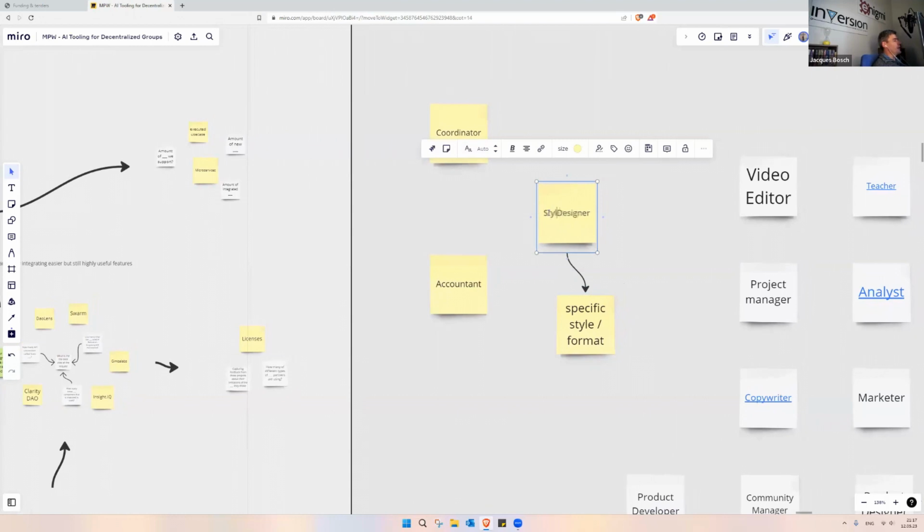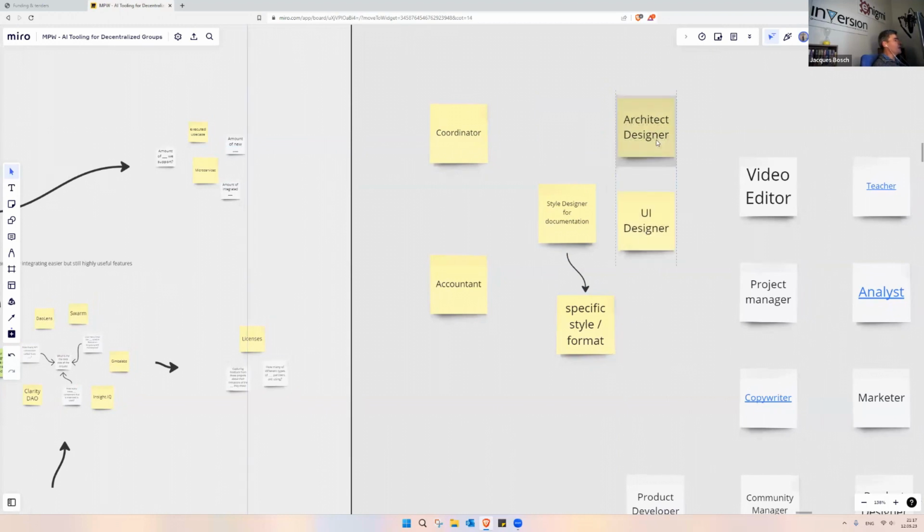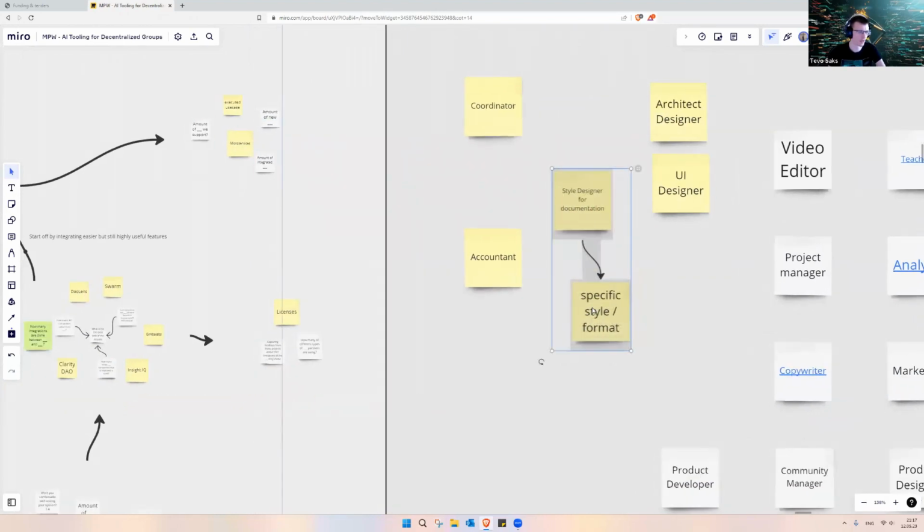There are lots of designers: a software architect designer, a graphical user interface designer. But what I was referring to specifically was somebody designing the structure and the templates of the documentation, how it should break up into sections and chapters and footnotes and linking and all that kind of stuff. Yeah, that's a great one.